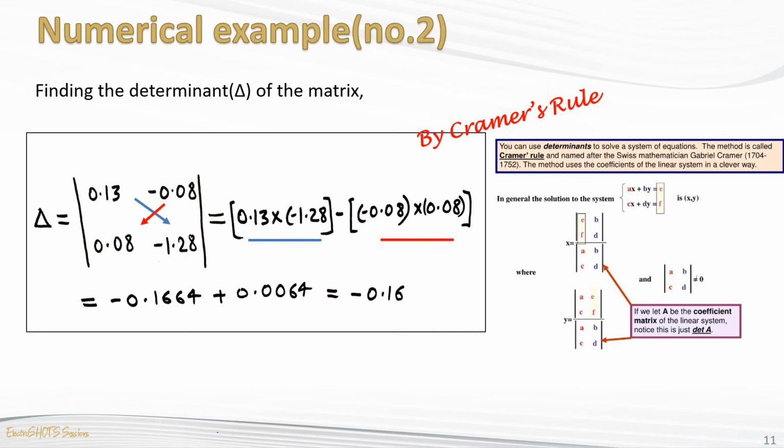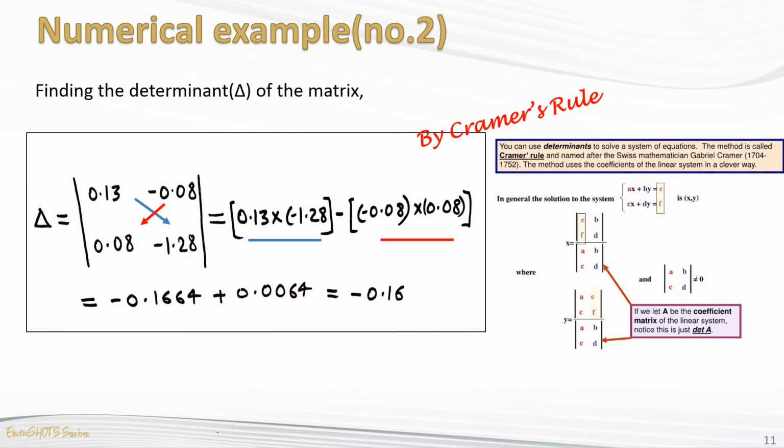So once the matrix equation has been formed, we apply Cramer's rule. That is a very well known method of solving simultaneous equations of many unknowns. In order to recapitulate Cramer's rule, I have put that on the right side of the screen. Those who want to refer can see it, and accordingly you can apply it to this problem. So we need to first find out the determinant of the coefficient matrix, which I have calculated, marked with delta. Delta is the determinant of the coefficient matrix.